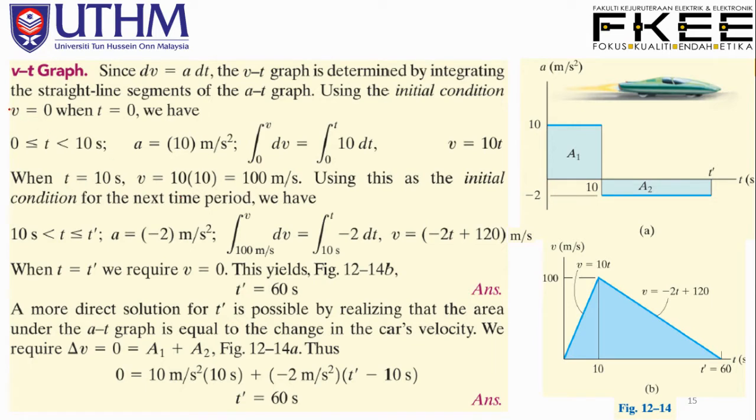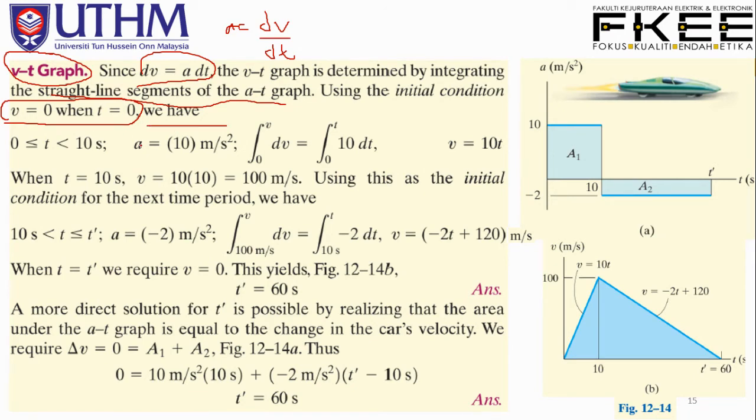Now in order to come out with the v-t graph, this is the speed and time graph, since dv equal to a dt, from this relationship a equal to dv over dt, the v-t graph is determined by integrating the straight line segments of the a-t graph. So using the initial condition, v equal to 0 where t equal to 0,